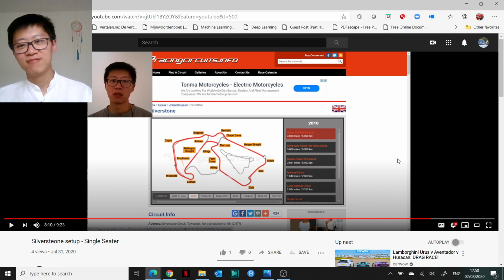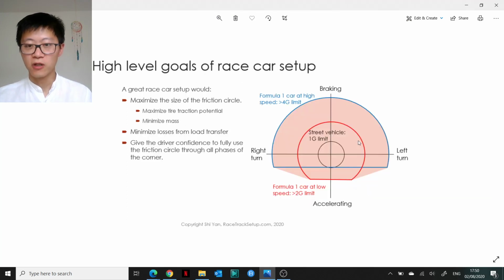And it's perhaps interesting to discuss why that is. So why is it that the left front is so hard to keep alive around Silverstone? So Silverstone is a little bit unique in some aspects. So first of all, it's full of high-speed corners, which really load the tires, because if I swap here, so the Formula One car, the limit for the Formula One